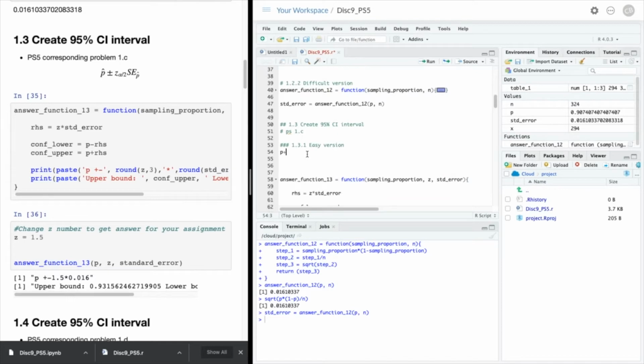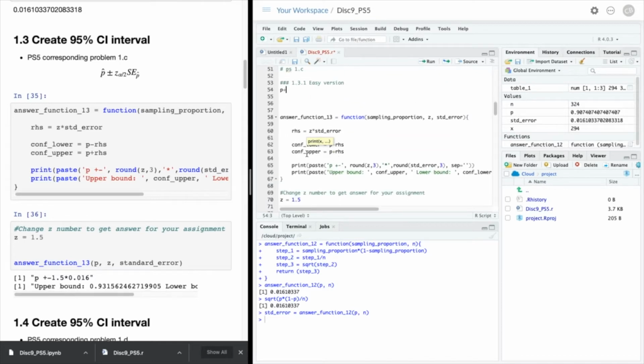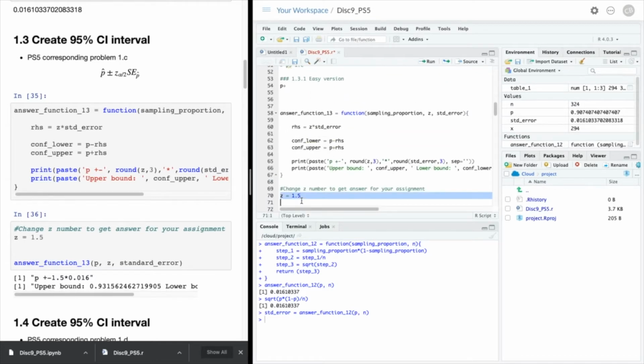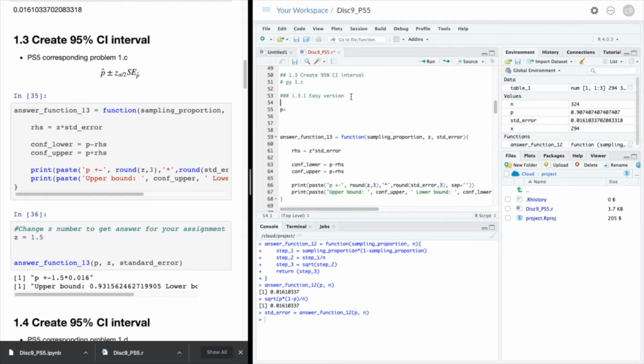Z. So the Z, actually, you're going to have to input yourself. So in this example, I'm going to use Z as 1.5, but this is actually not the answer. You're going to have to find the Z-score that you need for a 95% confidence interval, and I think some of you actually know that, but for this example, I will just do 1.5. So please change this. So I will do P plus Z